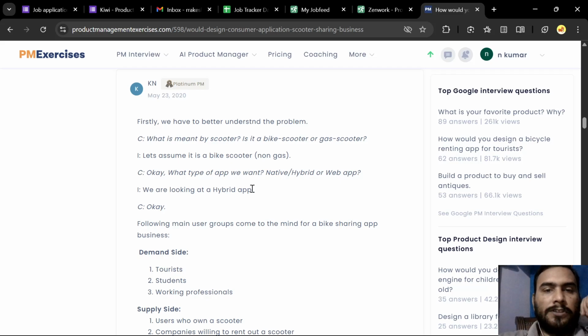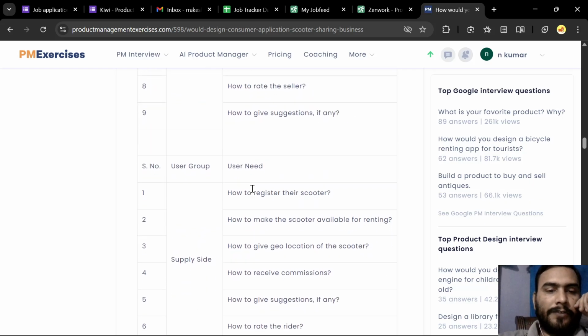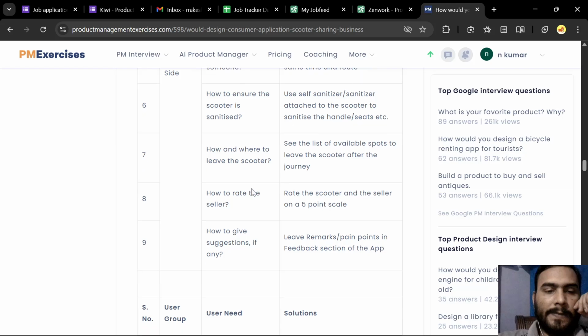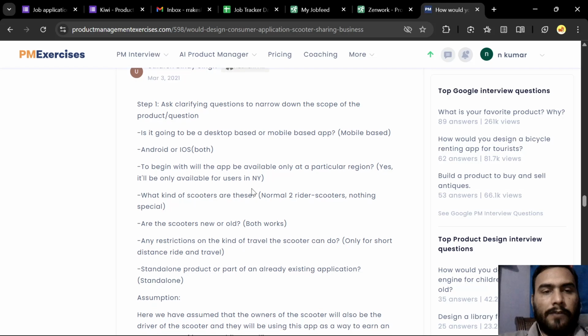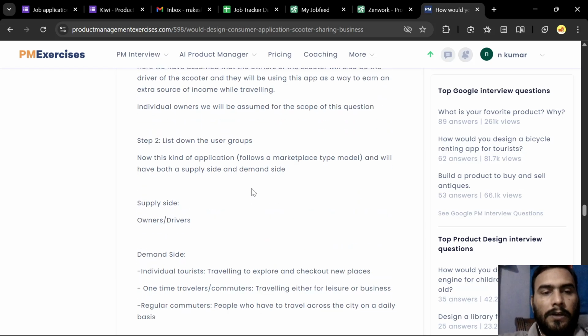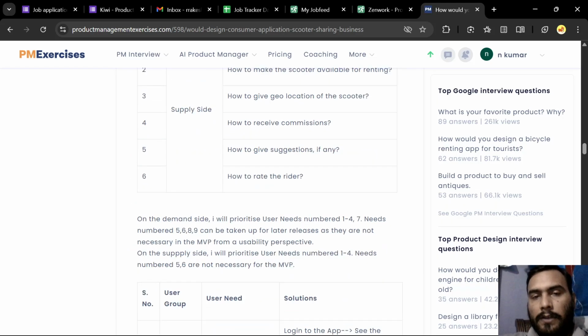Why we have to understand bike to scooter, gas scooter, user load, demand side, supply side. So these are very lengthy ones and very clarifying questions. Android OS, agencies, owners, drivers. Okay, these are very lengthy and good